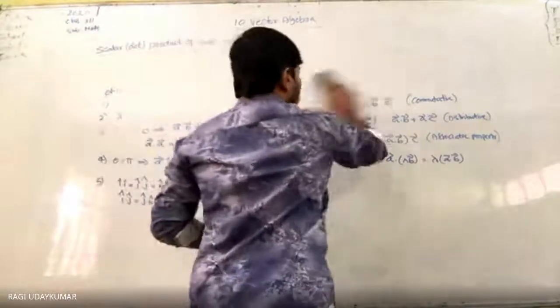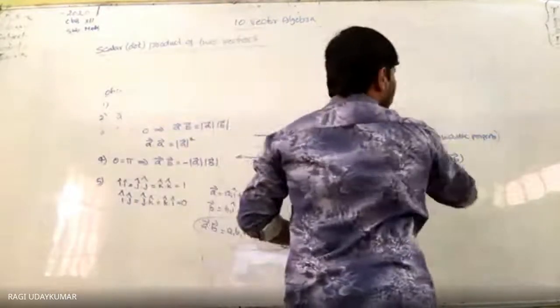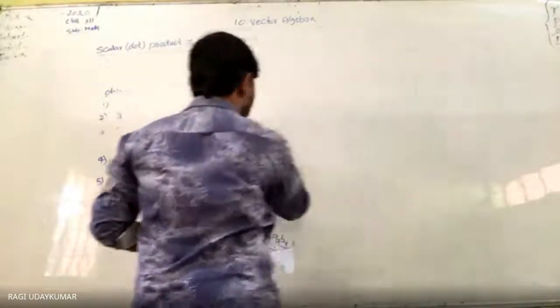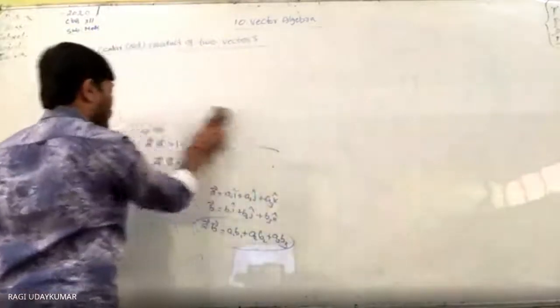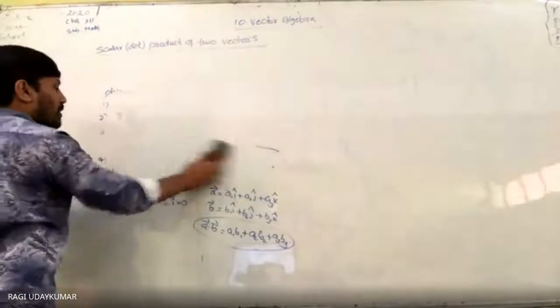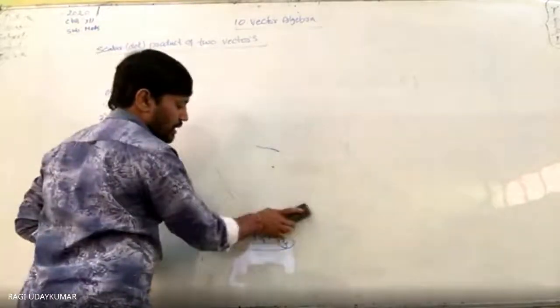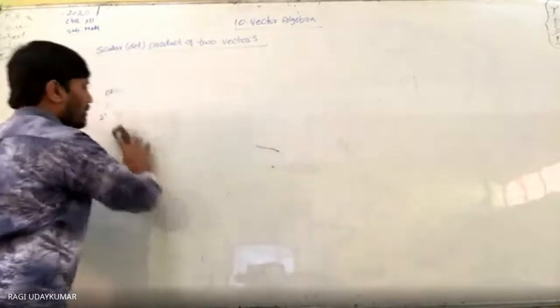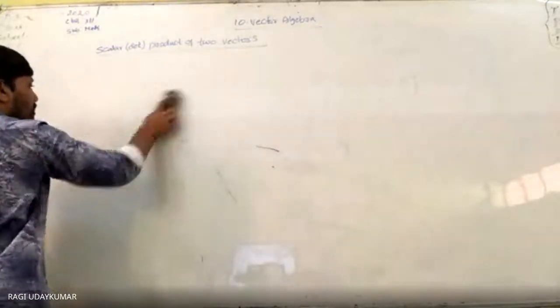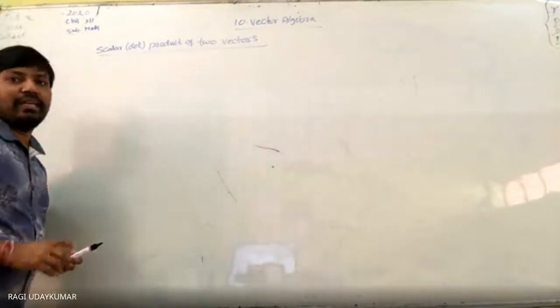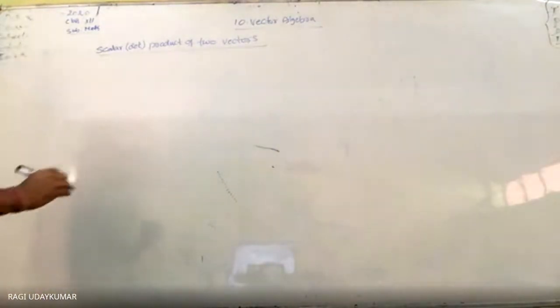Okay, so dot product is not very difficult to do. Very simple questions will be here, so while solving the textual questions you can easily understand. Even dot product and cross product are not difficult. But with the help of this you are going to learn three-dimensional geometry. 3D problems will make you a little bit confused, so better you listen carefully. In 3D, dot product and cross product are very simple.